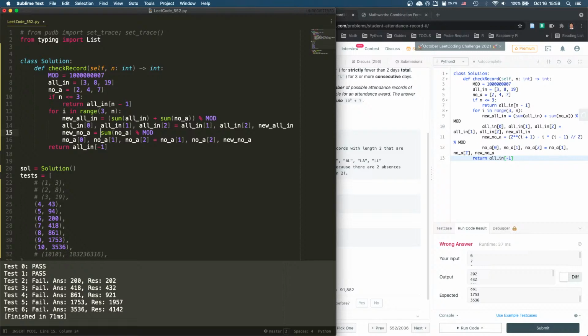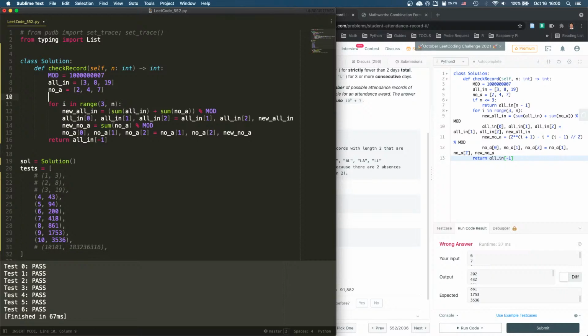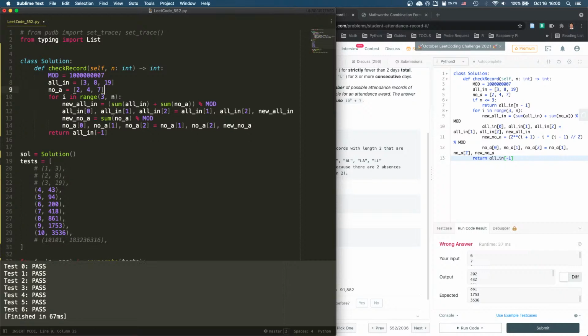And then 13 plus 7 plus 4. So if we do this, and everything passes. Okay, so we don't need this, because if n is smaller or equal to 3, this one will not enter, so we just do this. All right, so no A, all in, and then